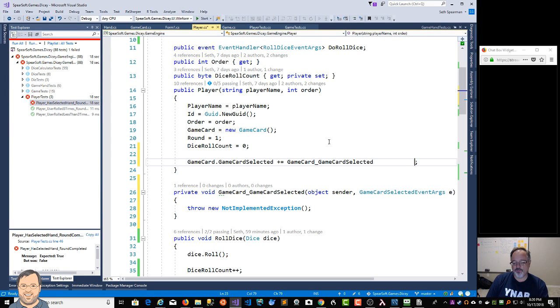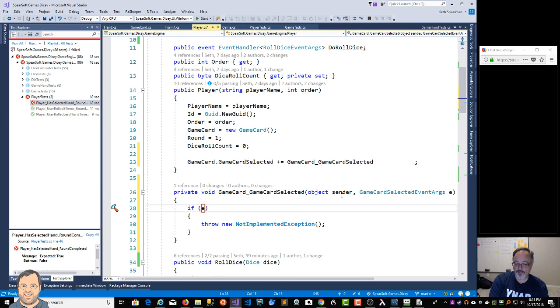ReSharper knew I was creating an event, so it named it, and it used the right convention to name it, and it actually created it for me too. So now I can, if e dot is selected, then